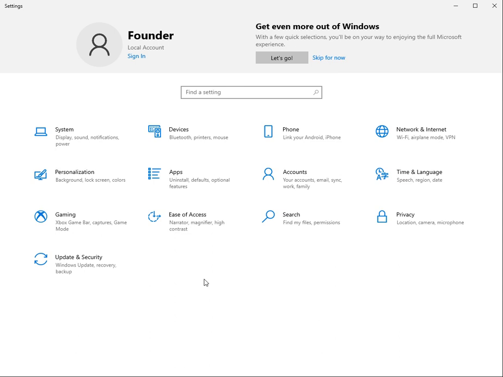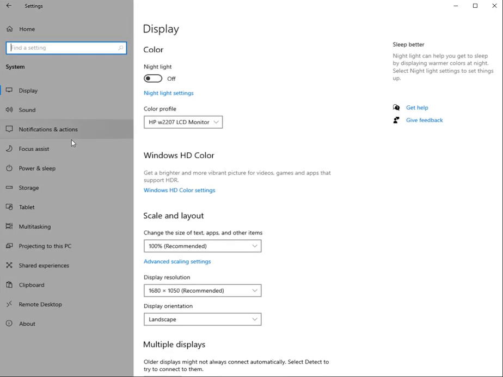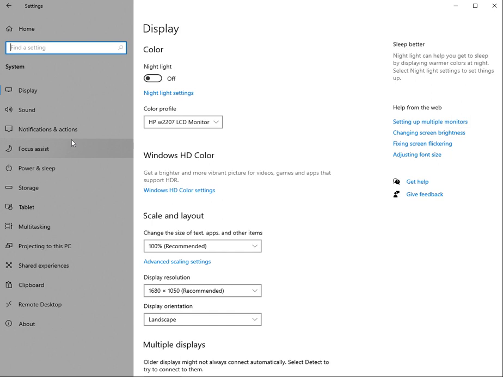So what we're going to do is check in two places that could be causing issues. We've had a few troubleshoot issues, and this is able to get them going, and this is what you want to check. The first that we're going to go into is systems. When you click on systems, you're going to default to the display, and this is where you want to be. You want to look down to make sure your scale and layout and your display resolution is set for